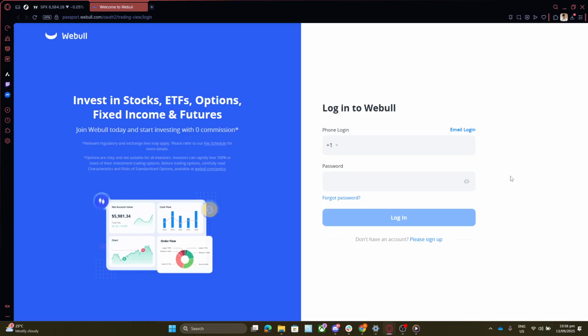And there you have it, your Webull account is now connected to TradingView. You can start placing orders directly from your charts, making the whole process far more fluid and cohesive. With both platforms now in sync, you're set up for an enhanced trading experience, so take some time to explore and get comfortable